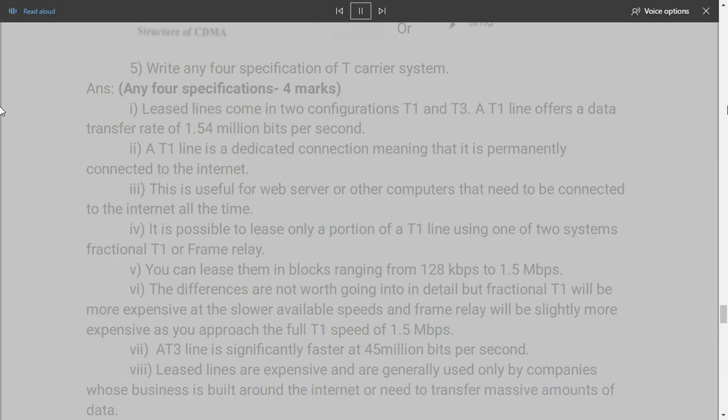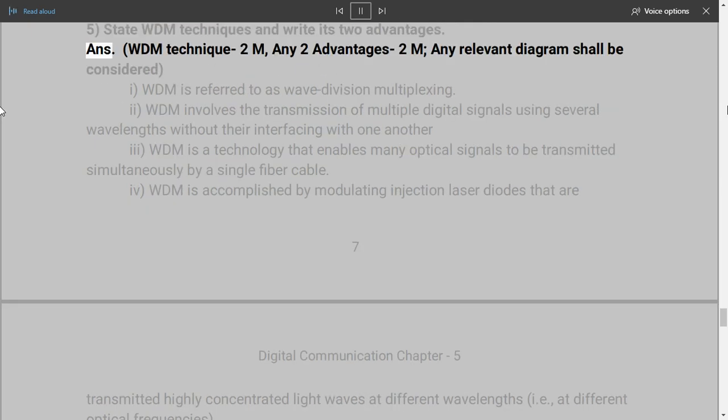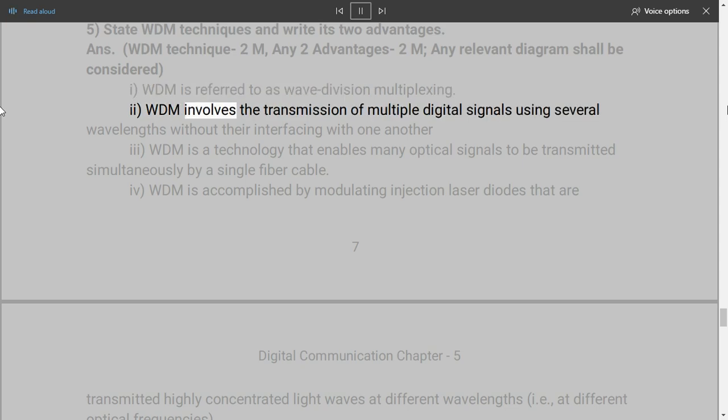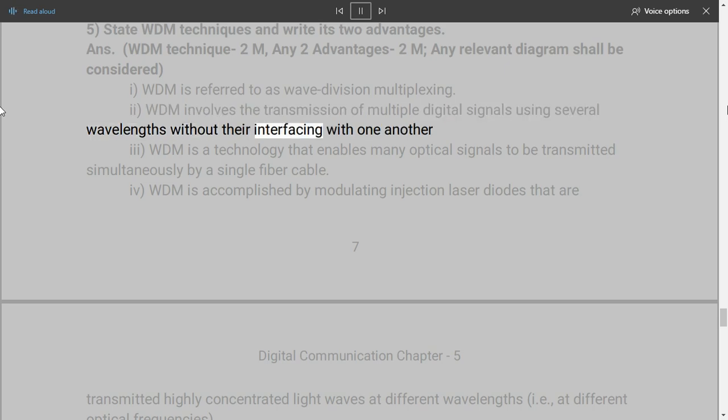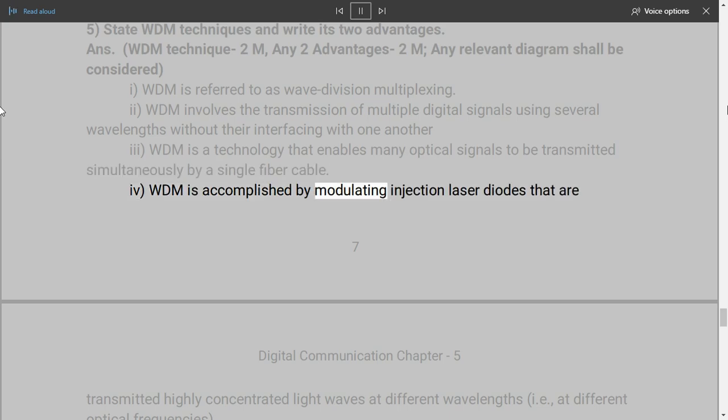Question 5. State the WDM technique and write its 2 advantages. Answer: WDM technique 2 marks, any 2 advantages 2 marks, any relevant diagram shall be considered. 1. WDM is referred to as wavelength division multiplexing. 2. WDM involves the transmission of multiple digital signals using several wavelengths without their interfering with one another. 3. WDM is a technology that enables many optical signals to be transmitted simultaneously by a single fiber cable. 4. WDM is accomplished by modulating injection laser diodes that are